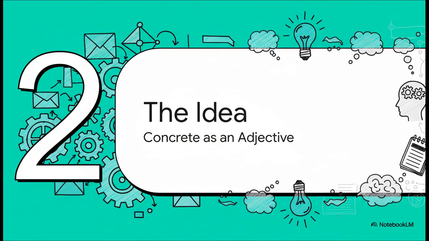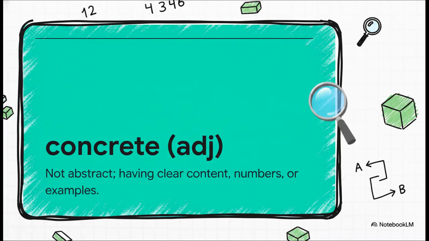Okay, let's dive into the first one. And honestly, this is the one that's going to be most important for your professional life. We're talking about concrete when it's used as an adjective, as a way to describe an idea. So when you use concrete as an adjective, what you're really saying is that something is specific. It's tangible. It's crystal clear. You can almost touch it. Think of it like this. It's the perfect tool for cutting through all the vague, fluffy stuff. It's pretty much the exact opposite of the word abstract.